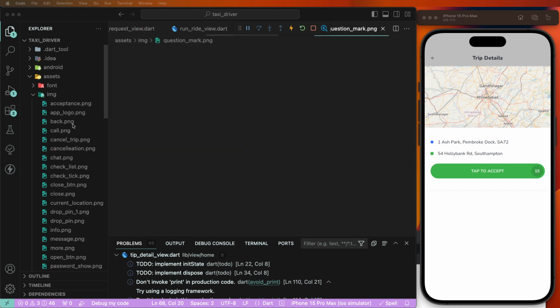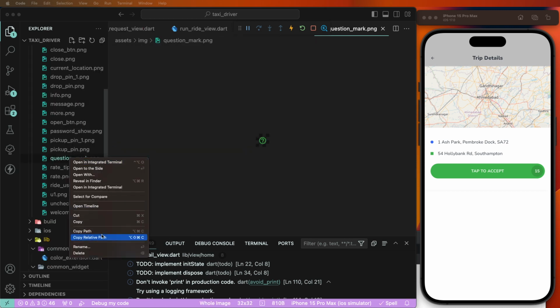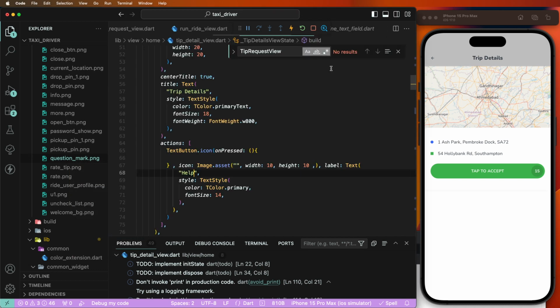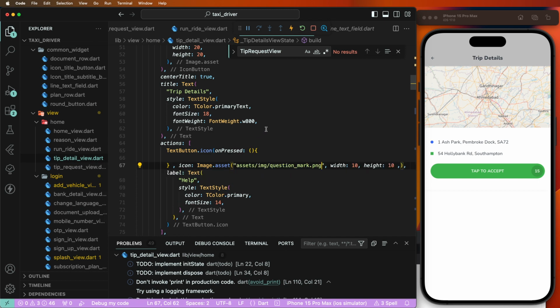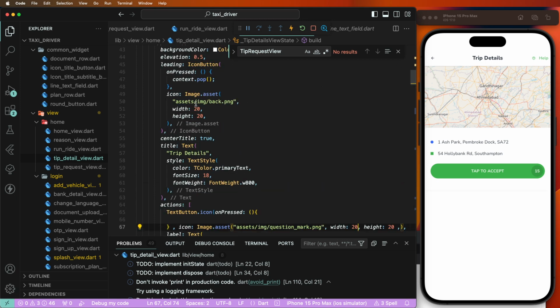To put this here the question mark image, copy this relative path and need to put this here the sets inside. Now need to save this here to increase this here. Now this is the displaying this UI here, so need to